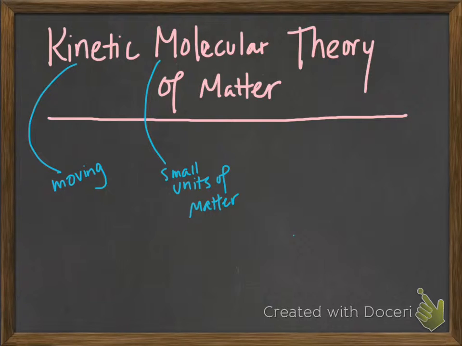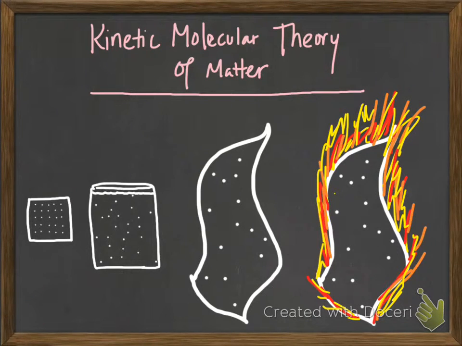And you also know that in science, a theory is something that has lots of evidence to back it up and that's been repeatedly tested and hasn't really found anything that knocks serious holes in it. So the kinetic molecular theory of matter, you might be surprised to know, you already know. It just states that all the matter around us is made up of small pieces, that'd be the molecular part, and that those pieces are in constant motion, that'd be the kinetic part, and that the motion of those pieces increases the more heat or energy you add to them.